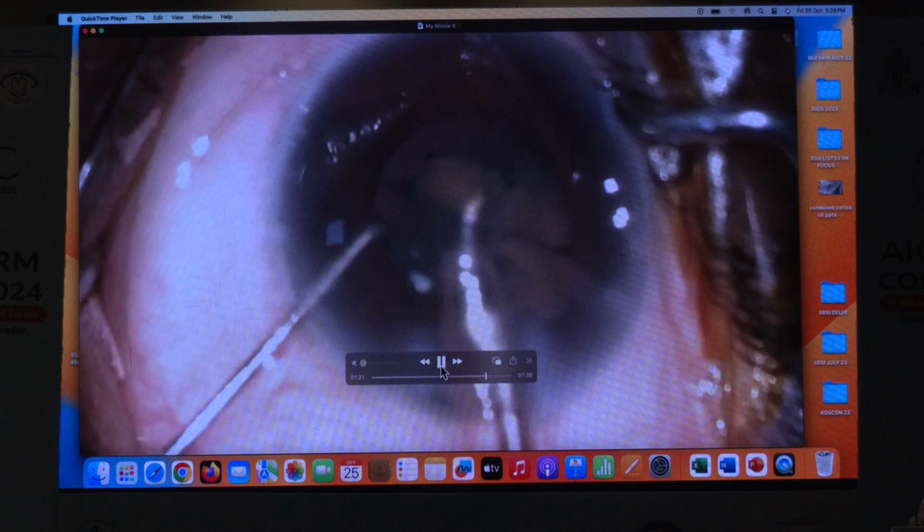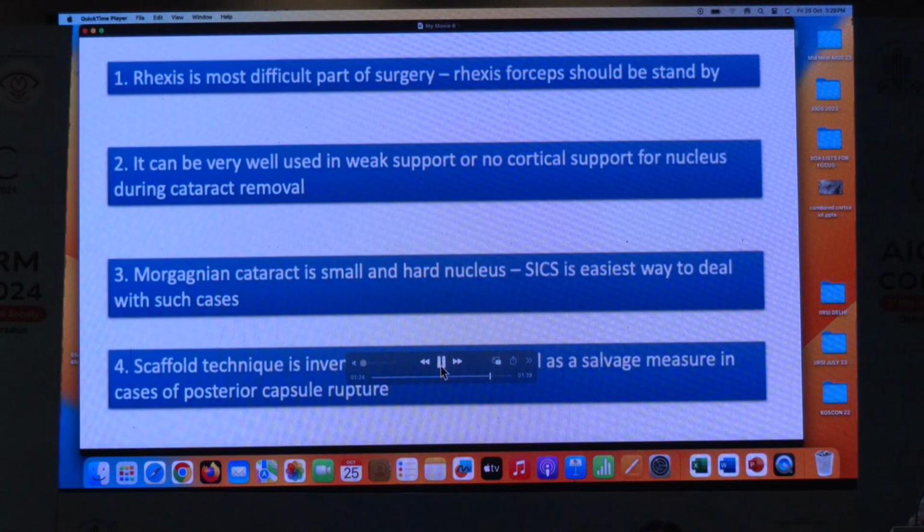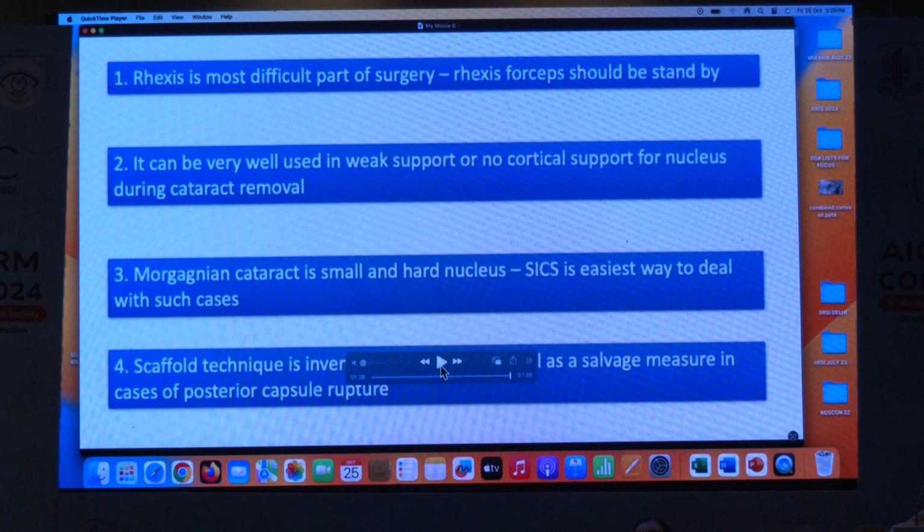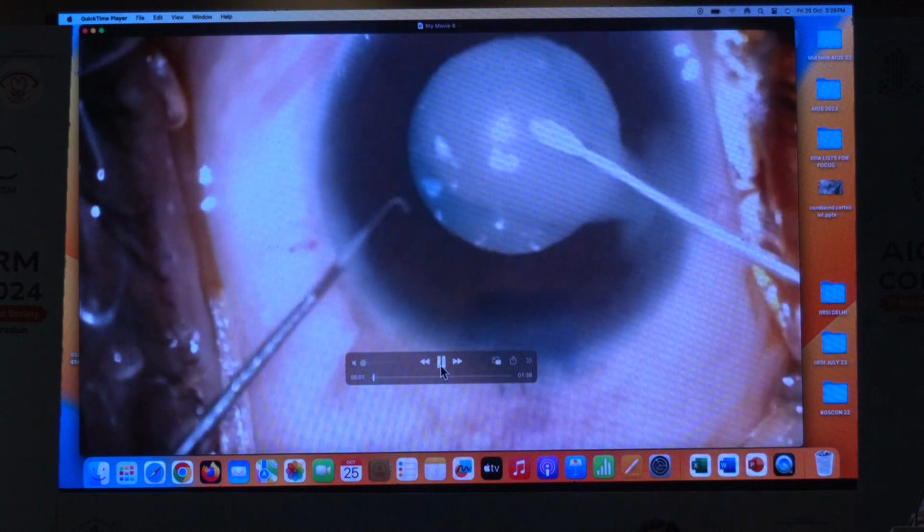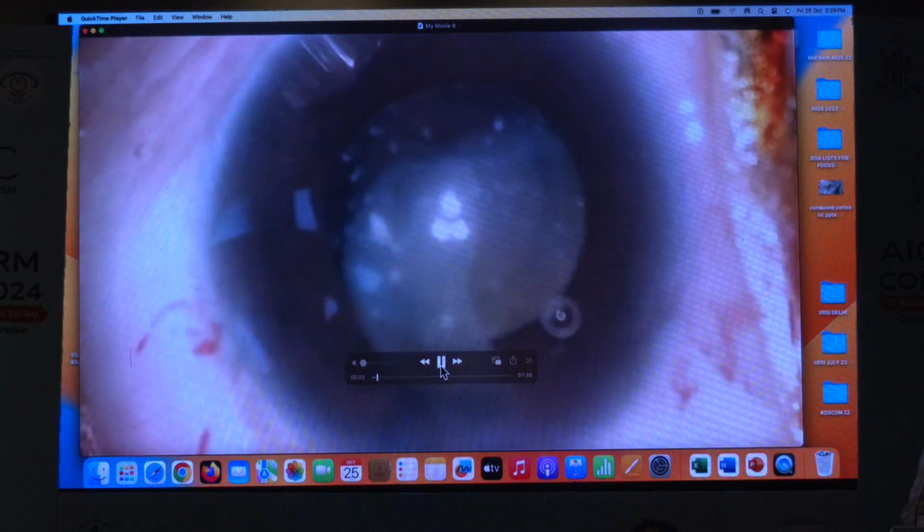I am doing it in the pupillary zone, and the most important thing is that rhexis is the most difficult part of the surgery. Now the scaffold can be very well used where there is weak cortical support for the nucleus during cataract removal. And the Morgagnian cataract has a small and hard nucleus. The nucleus is very hard, so in such a situation the scaffold technique definitely helps us. So this is what